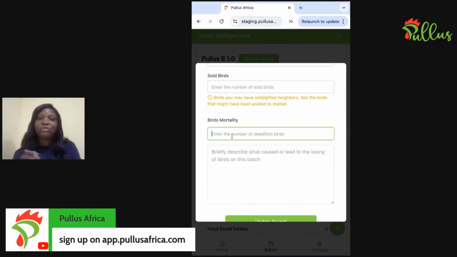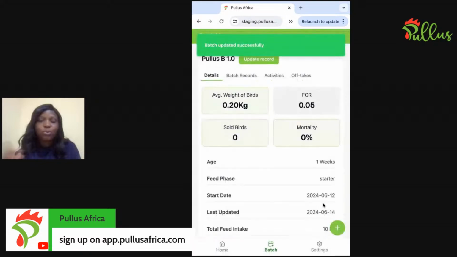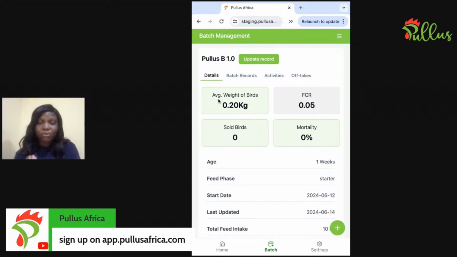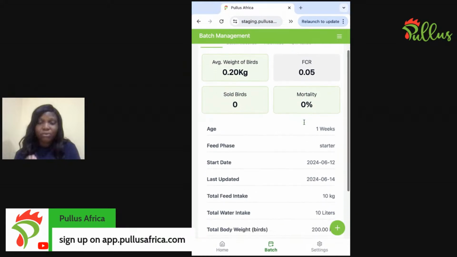So birds mortality, we've not experienced any death, so we'll just leave that and we'll update that record. Once you do that, look at how beautifully this app populates basically everything for you. You have your average weight of birds, you have your FCR, you have your sold birds, you have your mortality,